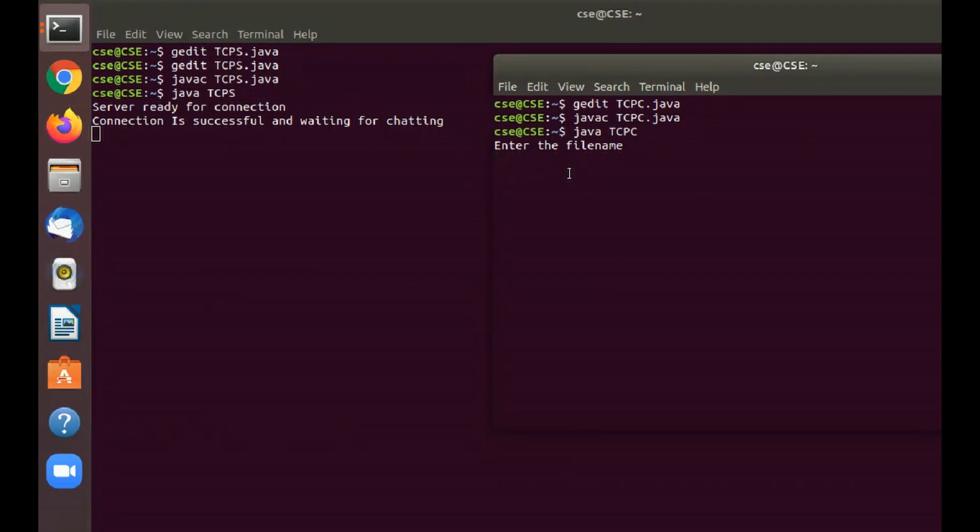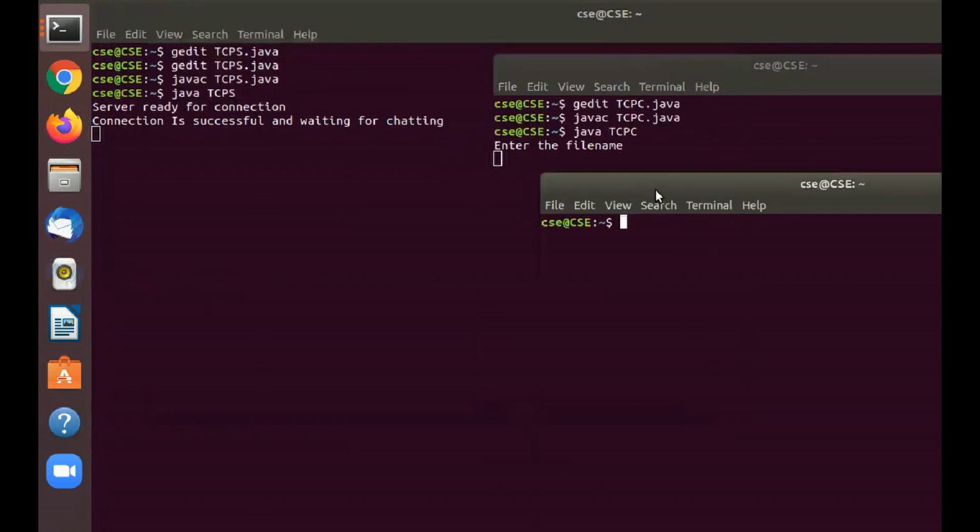Let me open one more terminal for that, as I don't have any file, right?